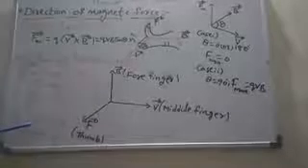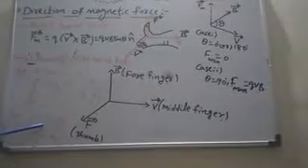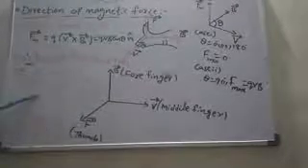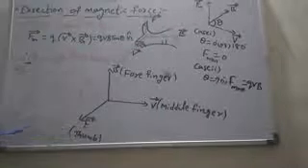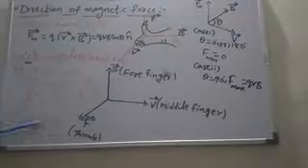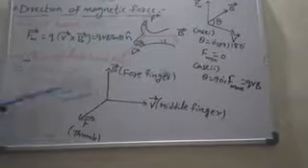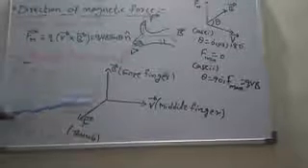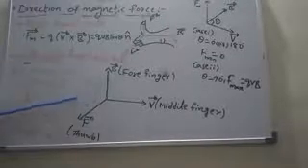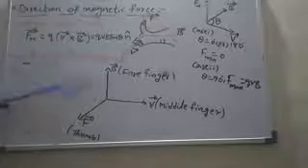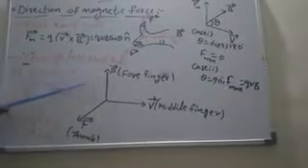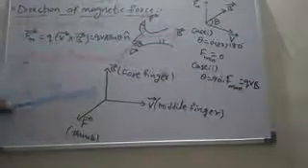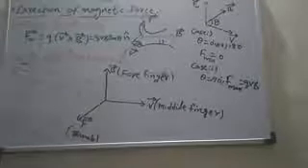Here Q is 10 to the power minus 6, and V bar is 1 meter per second, magnitude 1 i cap, crossed with B bar, 1 Tesla j cap. Remember i, j, k in clockwise order: i cap cross j cap is k cap, j cap cross k cap is i cap, k cap cross i cap is j cap. In the reverse direction: i cap cross k cap is minus j cap, k cap cross j cap is minus i cap, j cap cross i cap is minus k cap. I hope you understood.